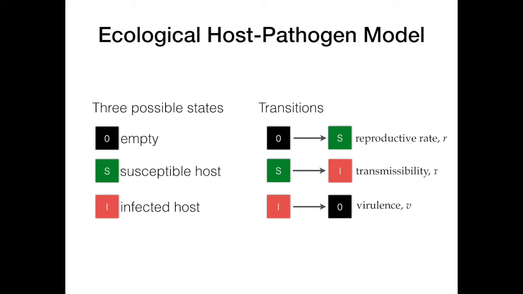Okay, so like I said, for this model, we're going to use a square grid, as we've been doing, with agents paying attention to their nearest 4 neighbors: up, down, left, right. The cells of the grid are going to be the agents, and they can take on one of 3 states: empty, susceptible, and infected. The model is pretty much fully defined by the grid structure itself and the rules governing the transitions from one state to another. So let's take a closer look at how those transitions are formalized.